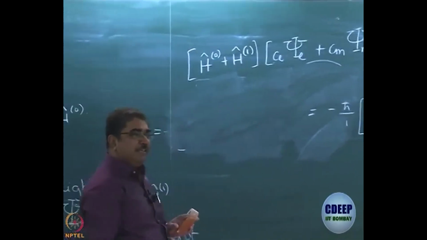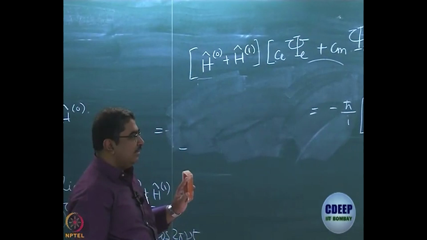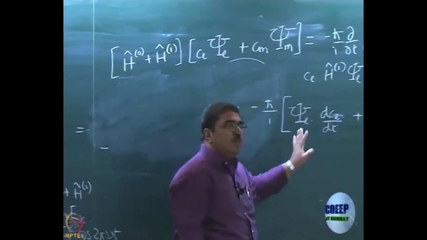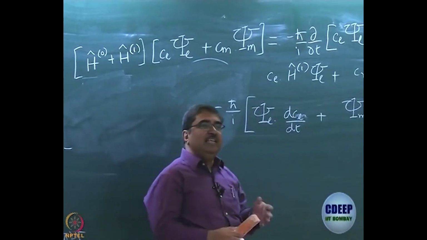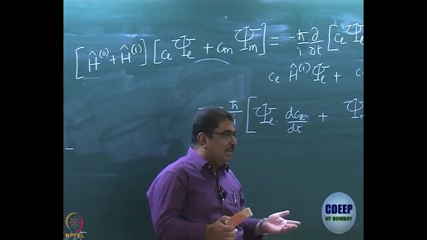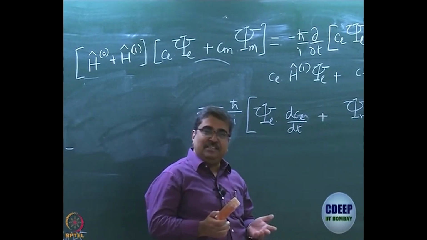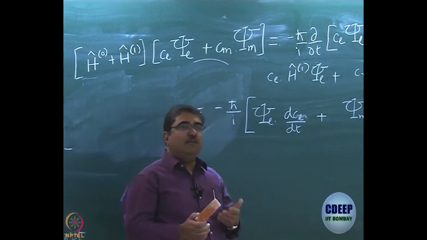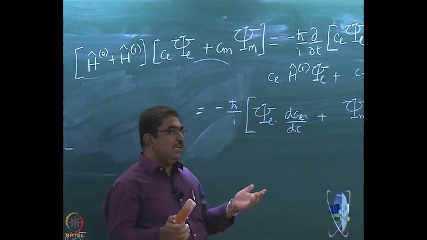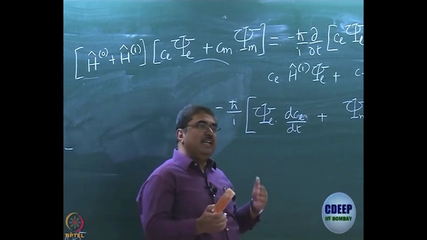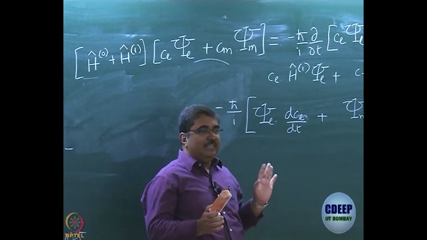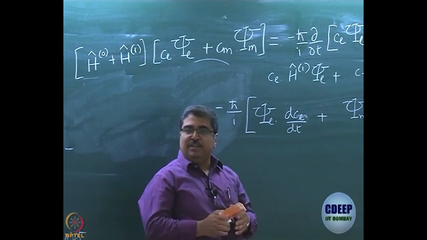This is what we are left with, right? Is that right? Then what did we do? We said there is no point trying to talk about dCl/dt and dCm/dt both at the same time, because it is not as if they are uncorrelated. dCl/dt and dCm/dt are correlated. dCl/dt is the rate of disappearance of the state associated with psi L. dCm/dt is the rate of production of the state associated with psi L. It is enough if you work with 2, and if you work with 2 it is complicated anyway.